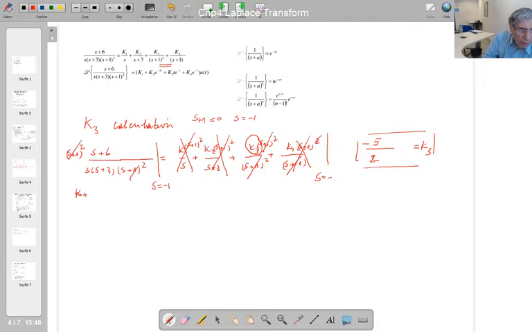Both sides are multiplied with (s plus 1) squared. What is left on the left hand side is (s plus 6) over (s plus 3), and this disappeared, isn't it? It is equal to